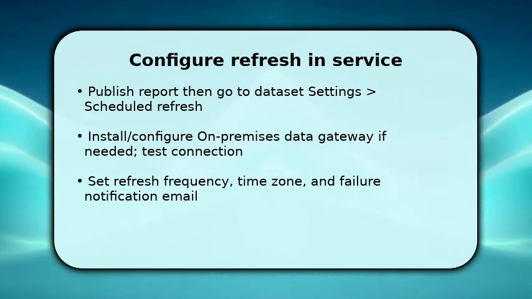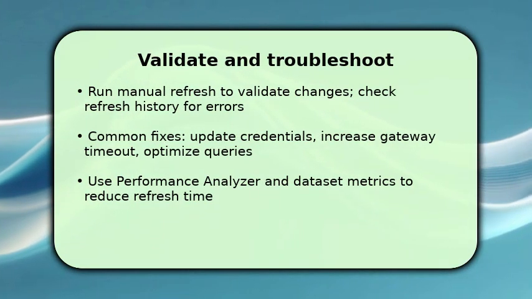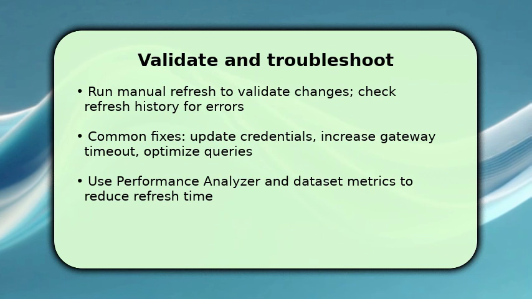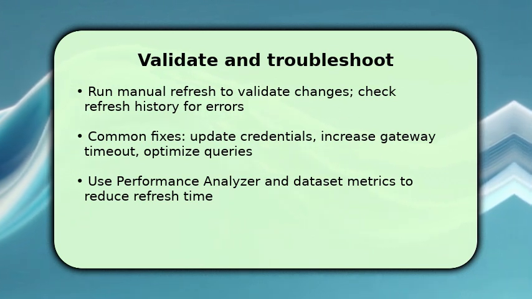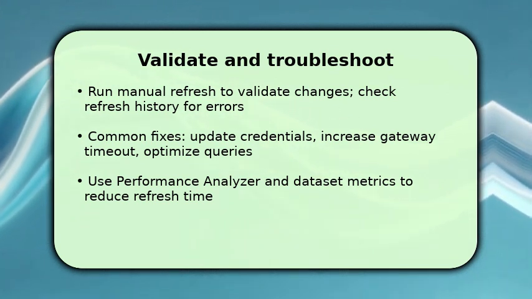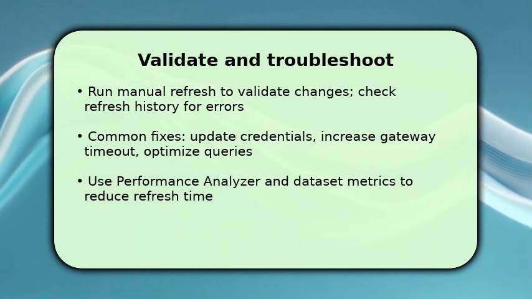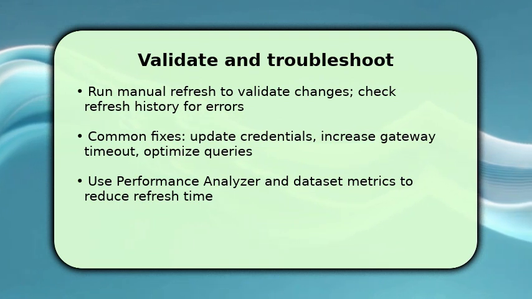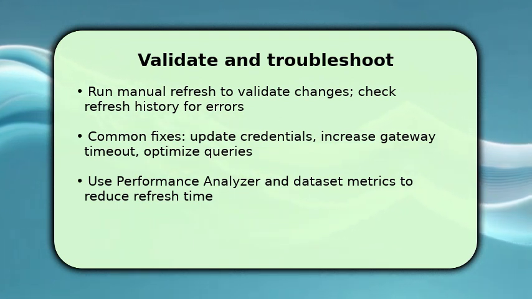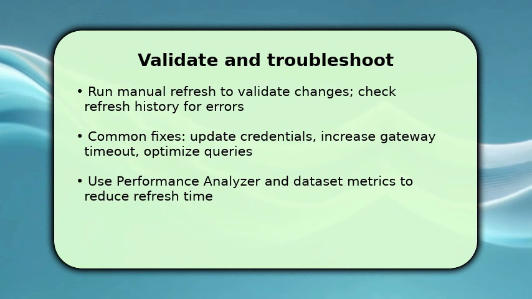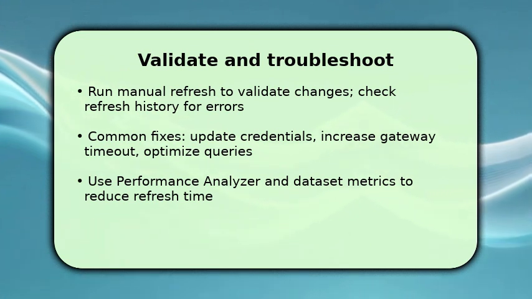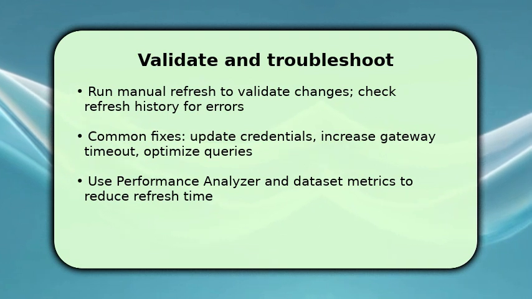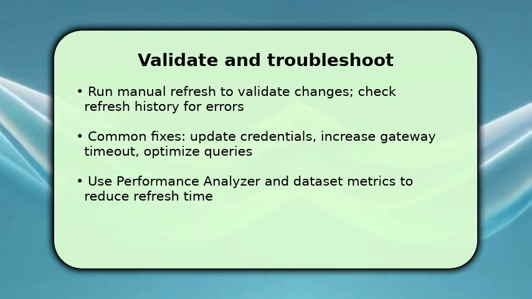To complete the process, run a manual refresh in the service to validate the configuration, and then inspect the refresh history for any errors or duration spikes. If something fails, update credentials first, restart or update the gateway, and review query folding. Often optimizing queries or removing high cardinality columns fixes timeouts. Make sure to monitor subsequent scheduled runs and use Performance Analyzer or dataset metrics to identify slow visuals or steps, so future refreshes remain